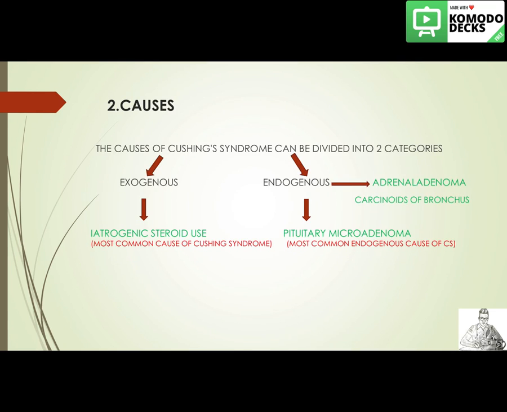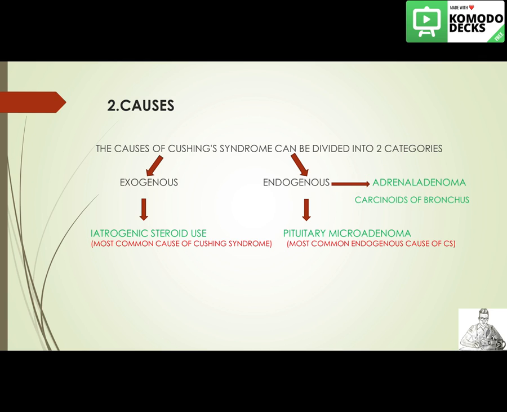So after the introduction, we will talk about the causes of Cushing's syndrome. When it comes to causes, we can divide them into 2 categories: exogenous and endogenous. In exogenous causes, iatrogenic steroid use is the most common cause of Cushing's syndrome. When we talk about endogenous causes, a pituitary microadenoma of less than 10 mm is the most common cause. The other endogenous causes are adrenal adenoma, carcinoids of bronchus, that is the small cell variant, medullary thyroid